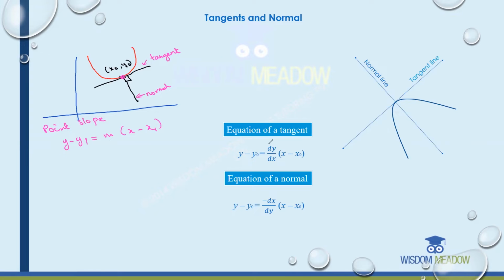The equation of the tangent is going to be y minus y naught equal to m, the slope of the tangent, which is dy by dx, into x minus x naught. Whereas the equation of the normal is the same form, y minus y naught equal to minus dx by dy, the negative reciprocal, into x minus x naught, because the normal is perpendicular to the tangent. But be careful about one thing: when you find dy by dx, you have to substitute x naught, y naught, the point of contact,